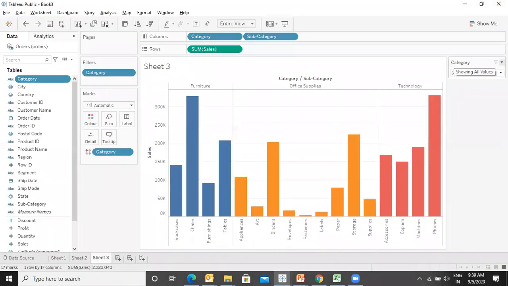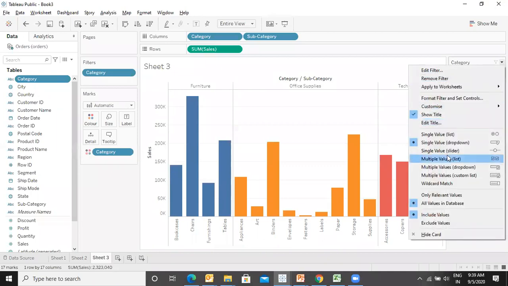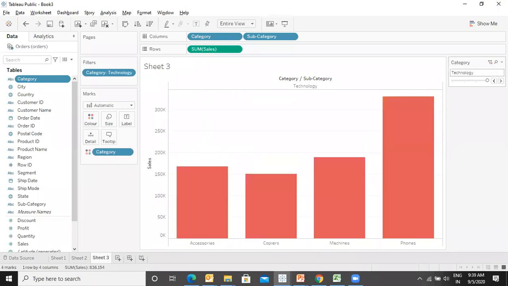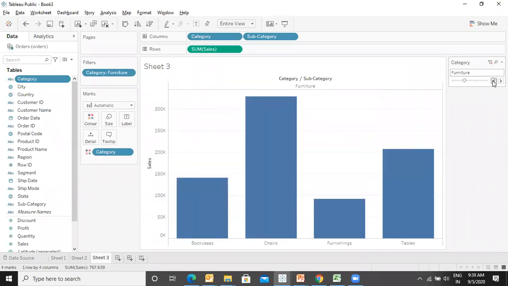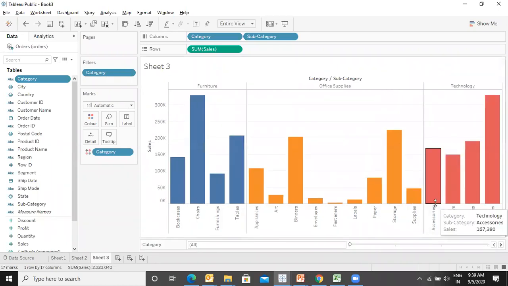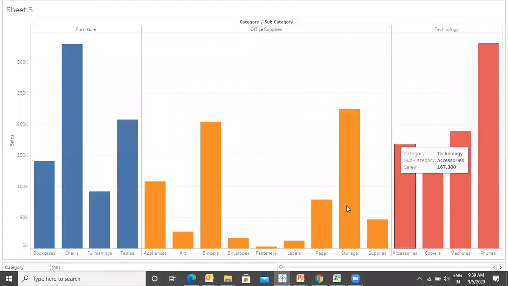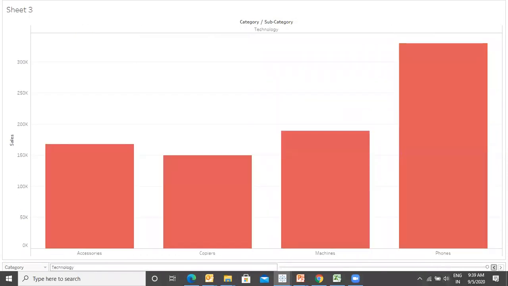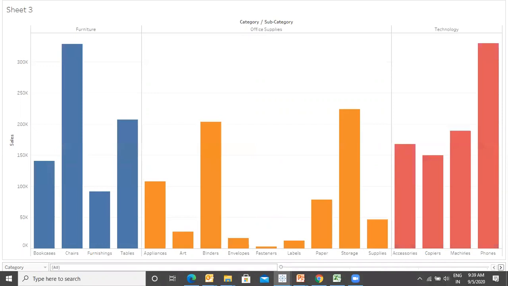So again, I will go to the drop down arrow. Then we have single value slider. So I can have a slider over here, so it becomes a slider. Now, suppose I want to manage the space, I can drag it to the bottom. Now you can see I have the entire screen for this graph, and at the bottom I have a small slider like this. Looks better? Yes.